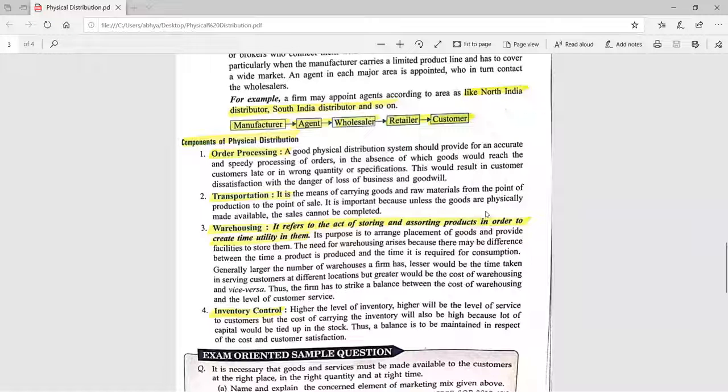Like there are waterways, airways, roadways. So you have to select one mode, keeping in mind the nature of your product. Suppose your product is perishable. Perishable means it will be spoiled within 2 or 3 days, like milk and all the frozen food, curd. So you have to select the mode in which the product is delivered fast and it is not spoiled during